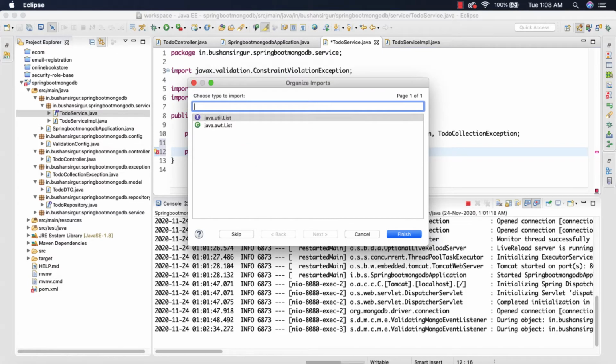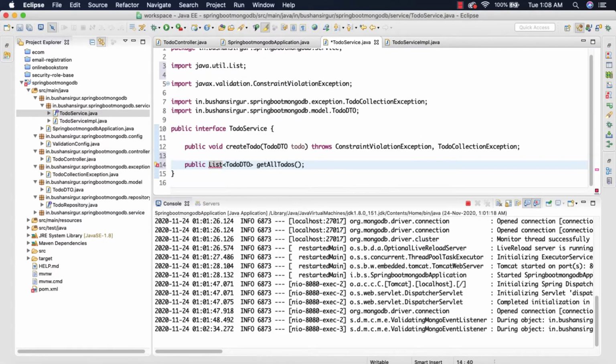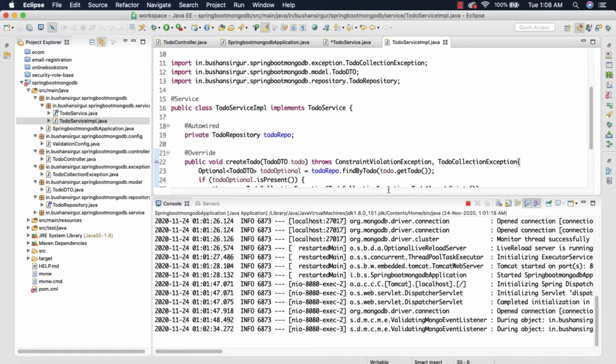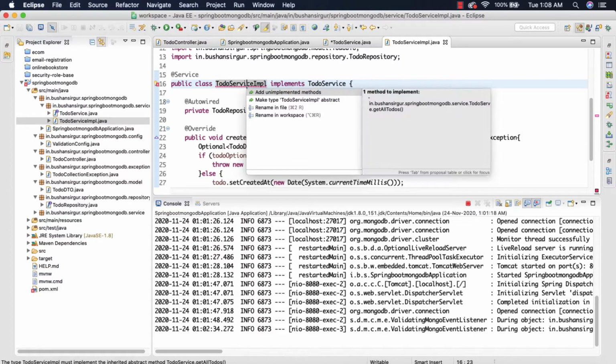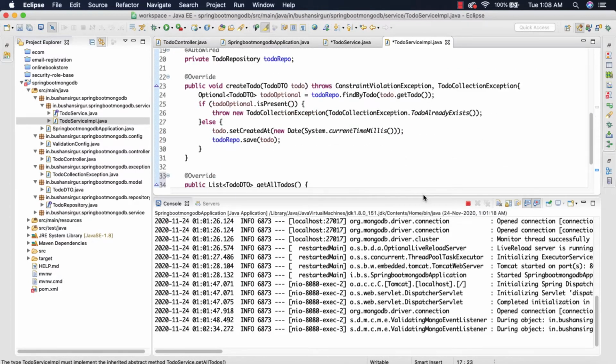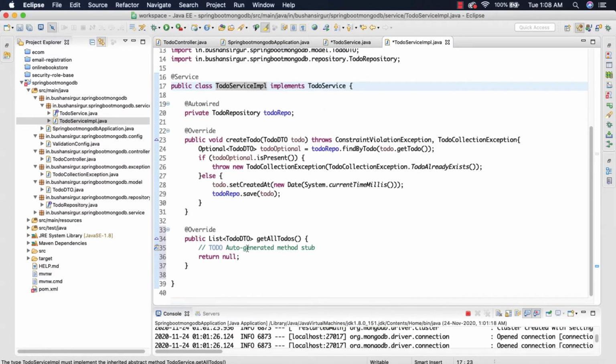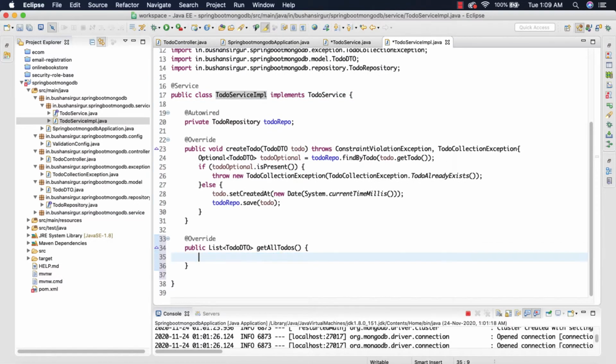Let me import the list from the util package and let's go to the implementation class and I'm going to implement this method. Let me minimize this. I'm going to remove these comments.